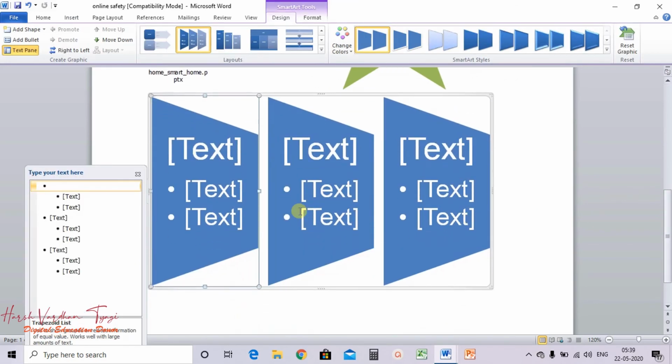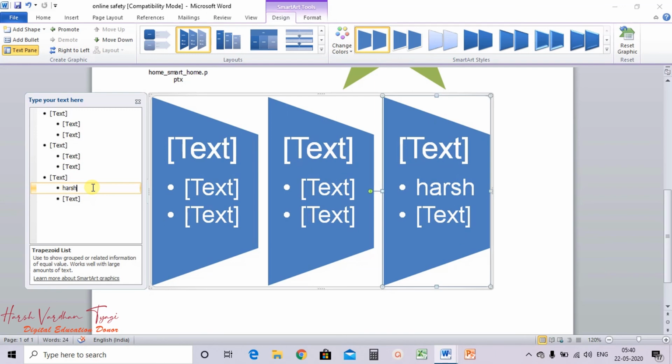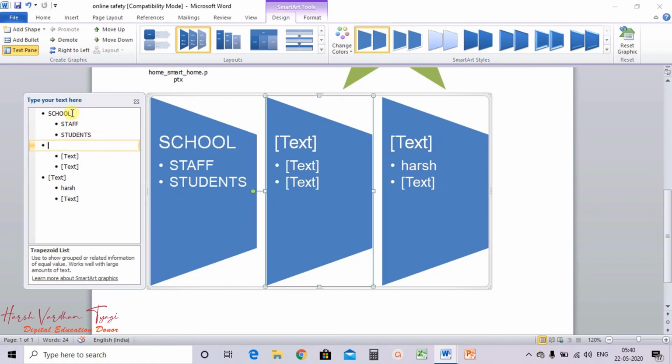So what I can do now, suppose I want to type this text, so I have to type it here. Okay, suppose I am typing my name, so wherever I type my name, the same will get reflected here, the changes will get reflected here. School, then staff, students. So this way it will get reflected. Now suppose